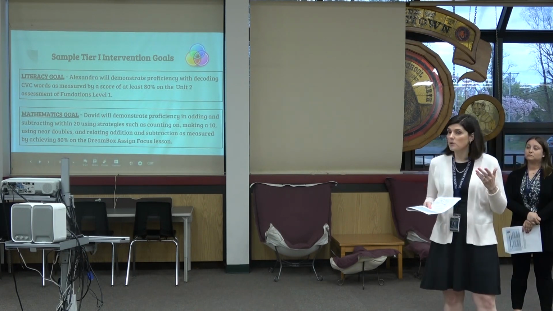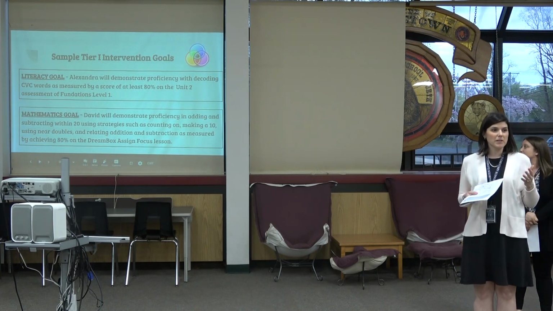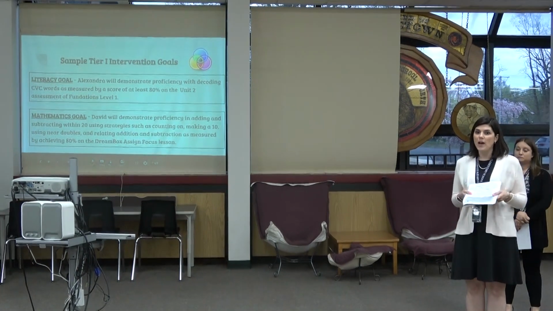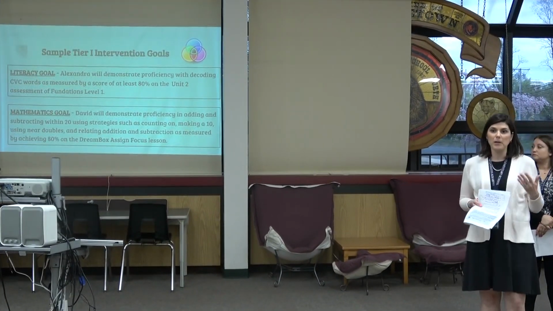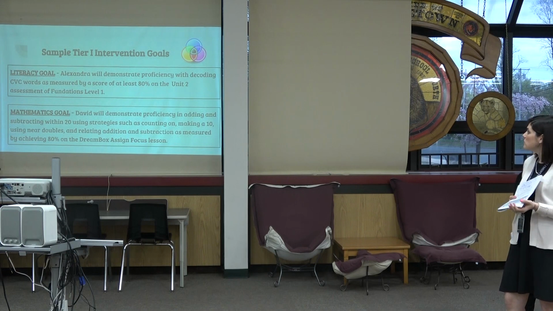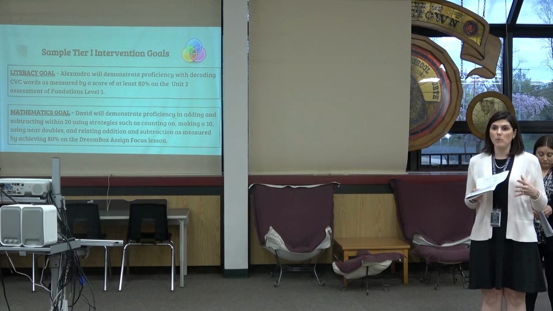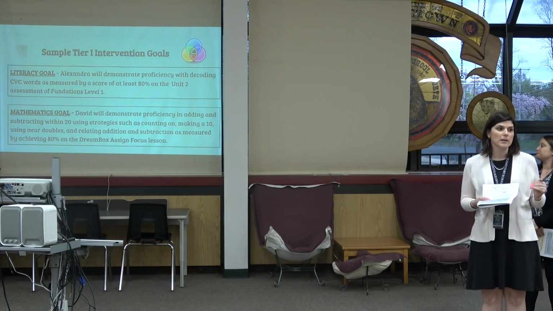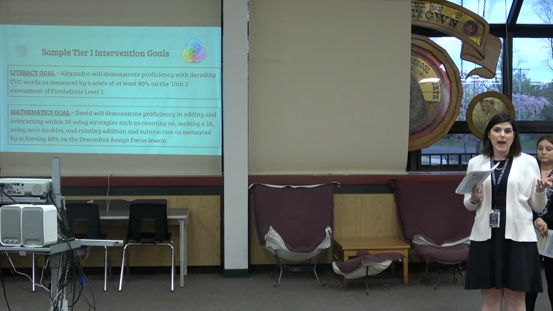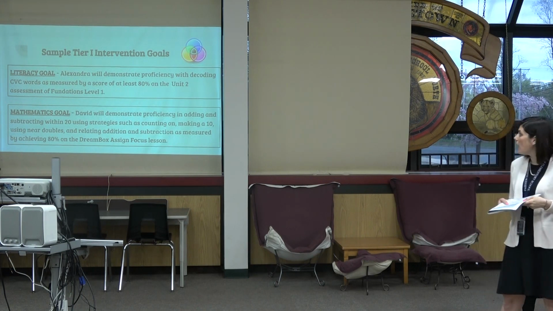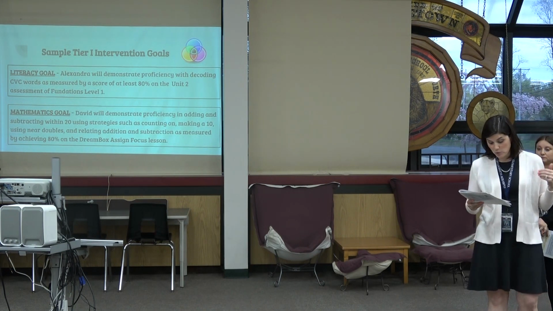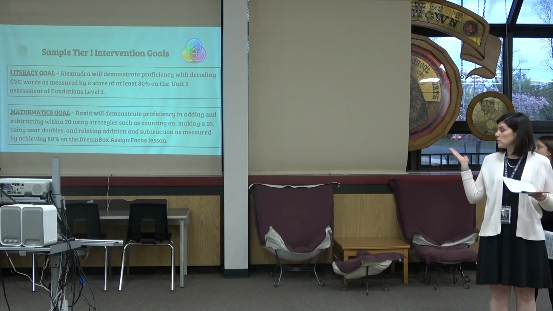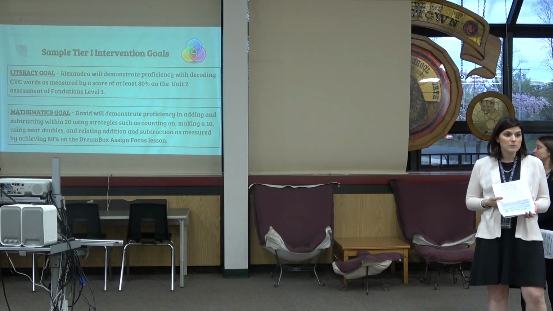So what's important to note about this goal is it's specific because we specify what strategies the child needs to be learning and understanding to be able to do this efficiently. So they're working within 20 and we're moving them away from just counting on or just one strategy and trying to make a 10 and trying to use doubles, adding 5 plus 6 and knowing 5 plus 5 is 10, so it's 1 more. And then it's measurable because we're measuring it by the 80% on Dreambox, what is proficient